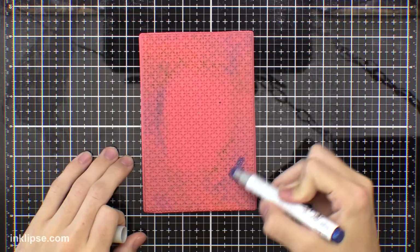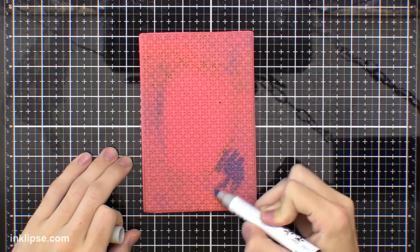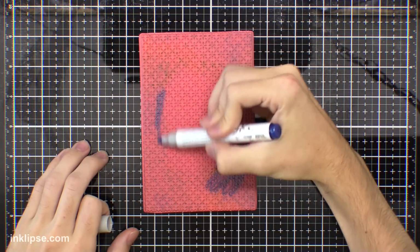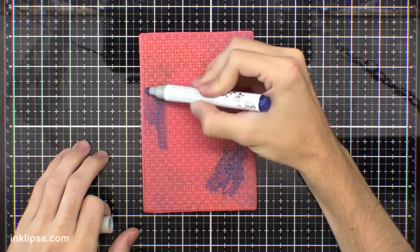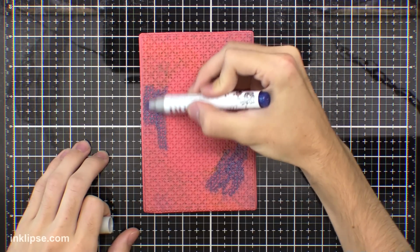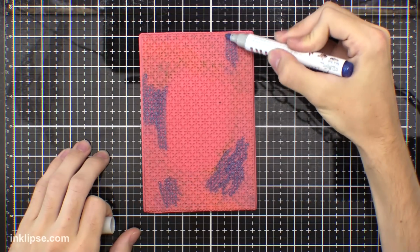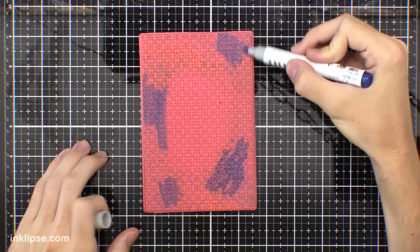So then after I've done that, I'll start my coloring here. Like I said, I'm using the Tonic glitter markers for this, and they're super sparkly, which will be really cool for the watercolor later. Now I'm avoiding the center because I'm going to put a sentiment there and I want it to really stand out. So I'm just going to go in with several colors of these glitter markers, and I'm really just kind of scribbling